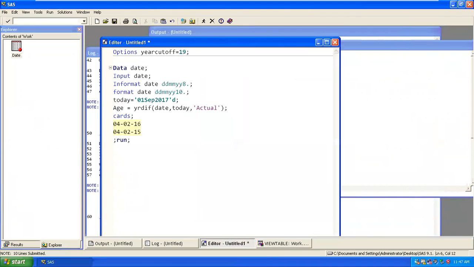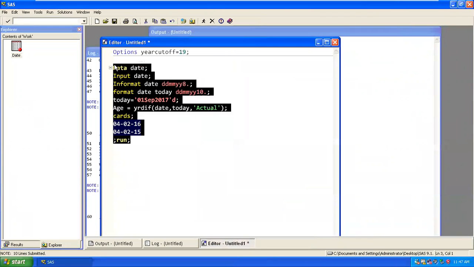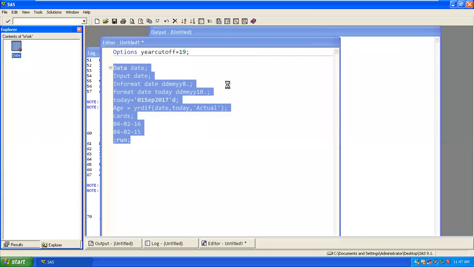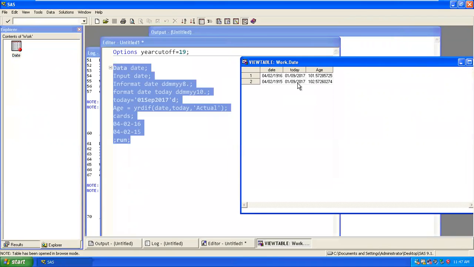So I'll keep it over here and apply a format for both tables. Today's date is given here, and the earlier date is 4/2/1960. I just wanted to know how many years passed from that date. It is almost 101 years, from 1916 to 2017.